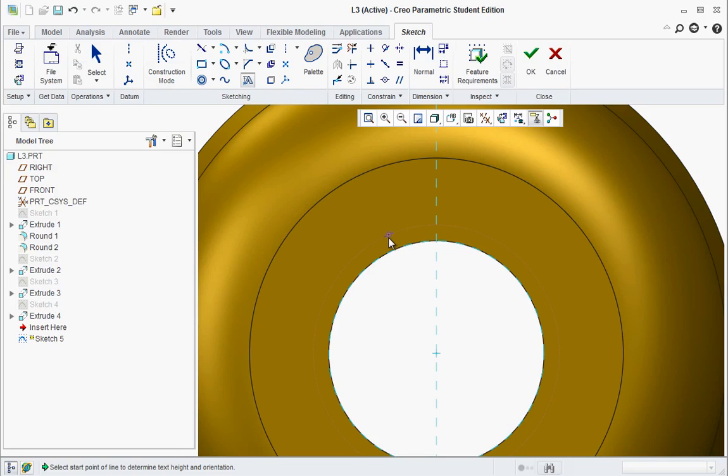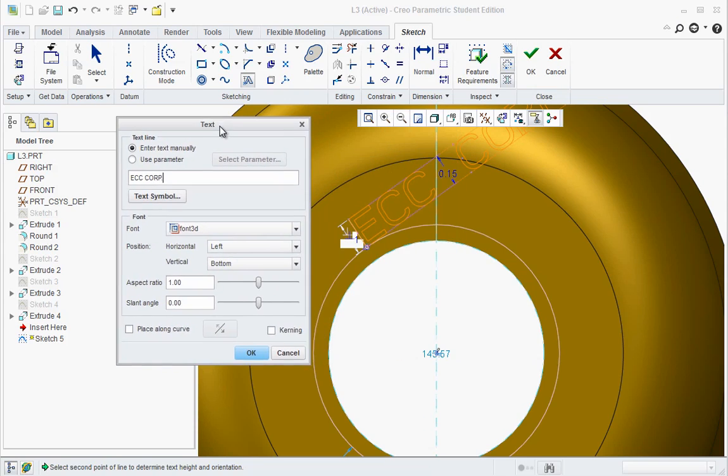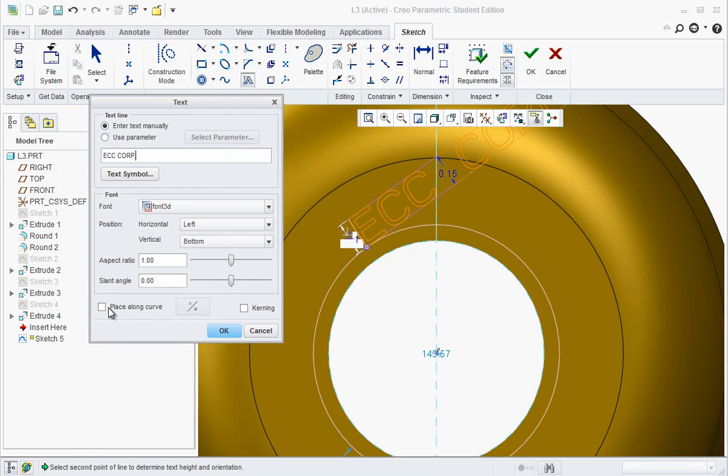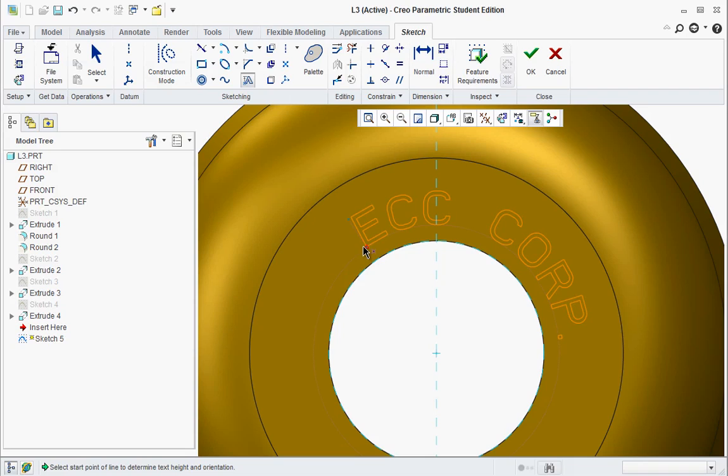Click on where you want to start it, draw the line up, perpendicular, and type in ECC Corp. Now, make sure you click on this checkbox down below here, Place Along Curve. Select the curve, and you'll see it start to show up in there. To reverse it, here's a flip switch. Okay, and hit OK. Now, if you need to center it, just